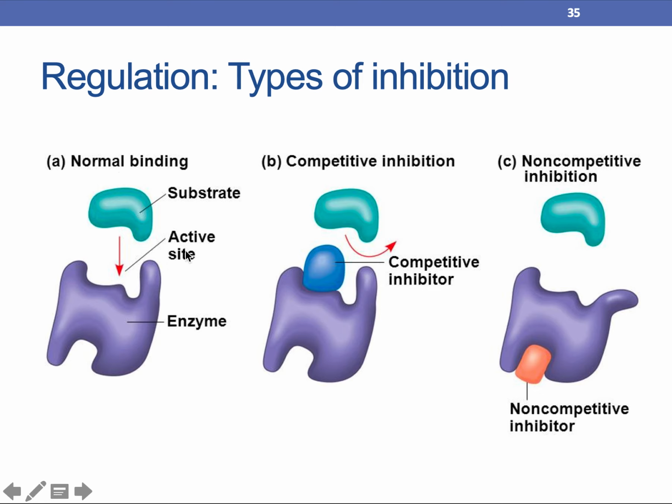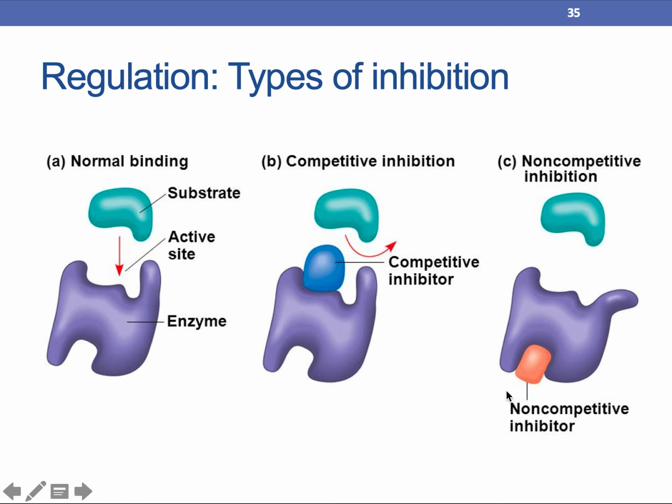We've looked at normal. You have a substrate, you have an active site, it binds to the enzyme, and the reaction proceeds. And then we've also looked at instances where you have competition. It could be either a reversible or irreversible competitive inhibition. Now, in these instances, you have another molecule that competes with the substrate for the active site. Then you have non-competitive inhibition,